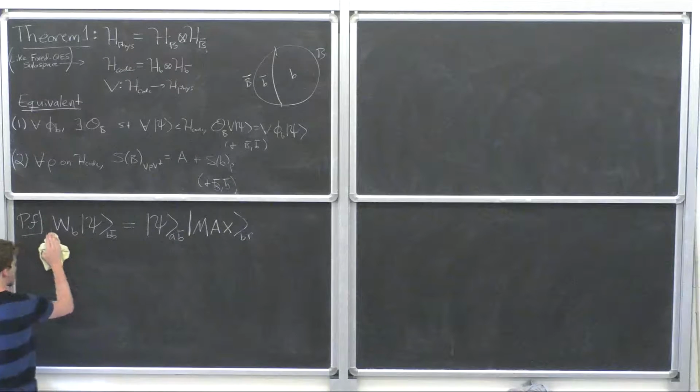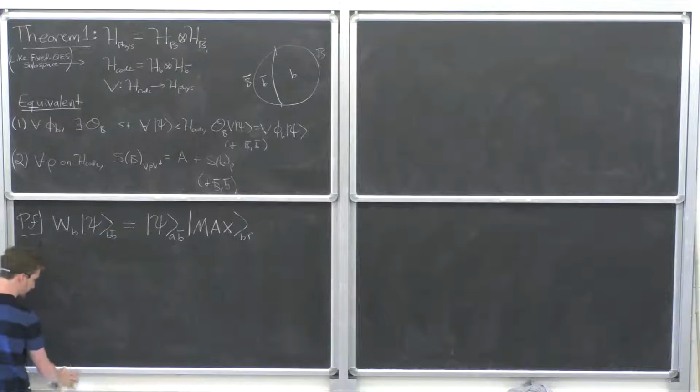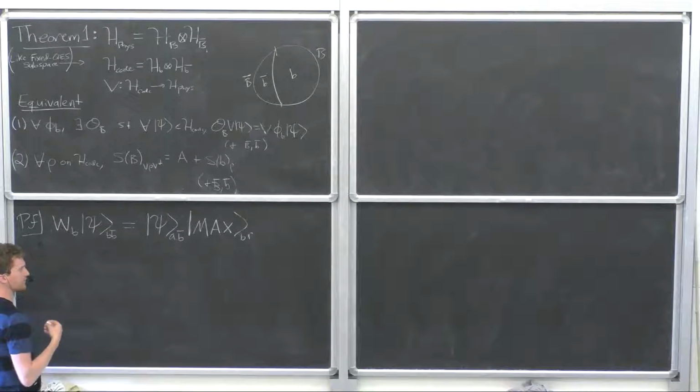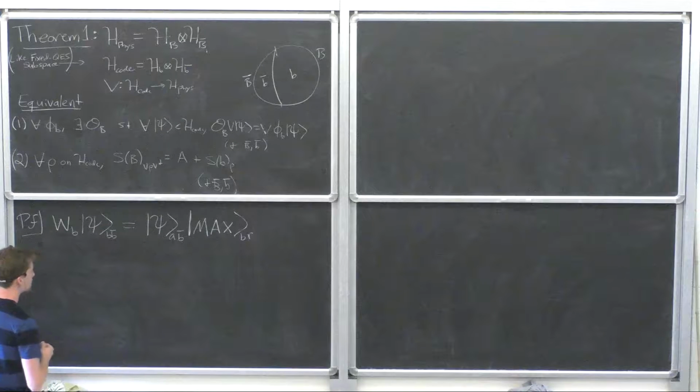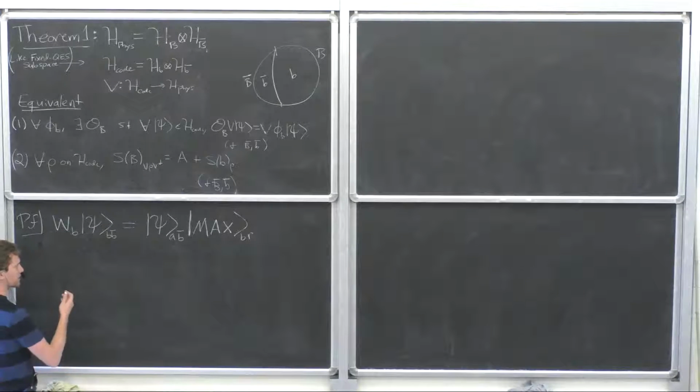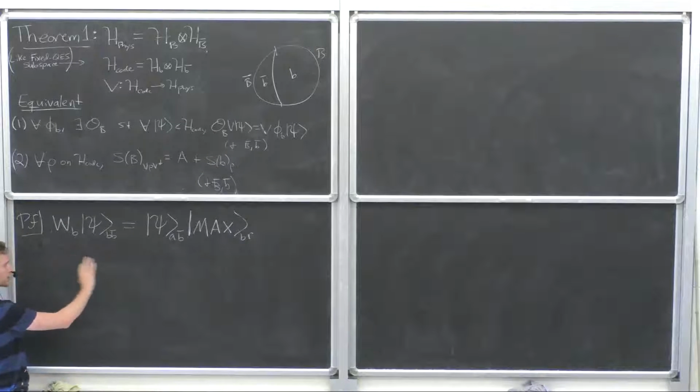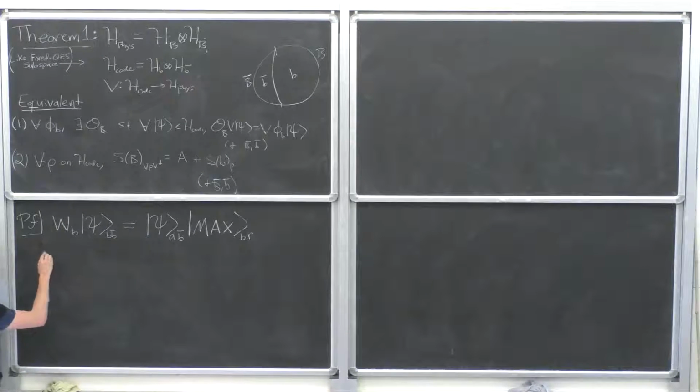One thing to note is that this W is an isometry. This will play a later role. An isometry is this thing, it doesn't change inner products. Right, so